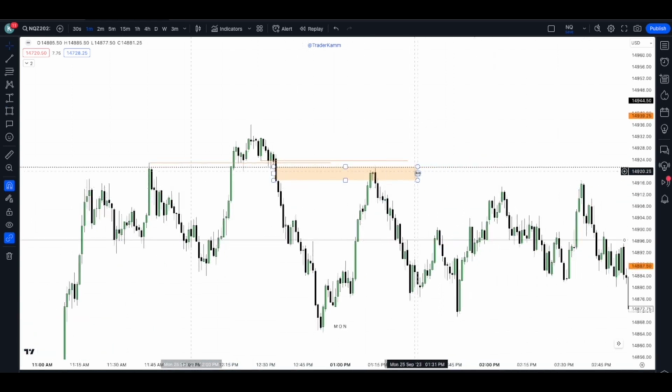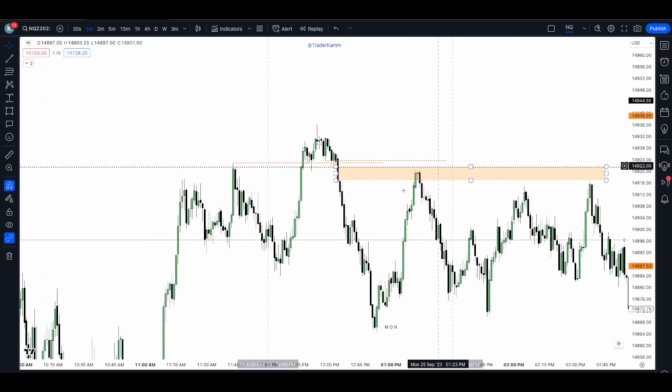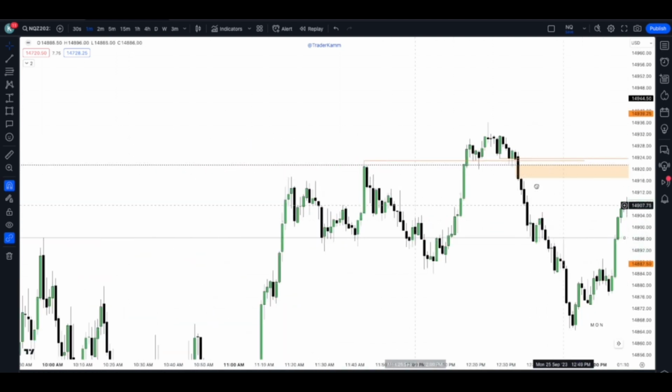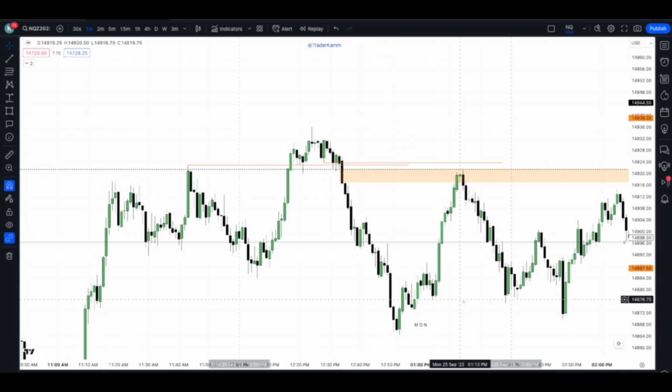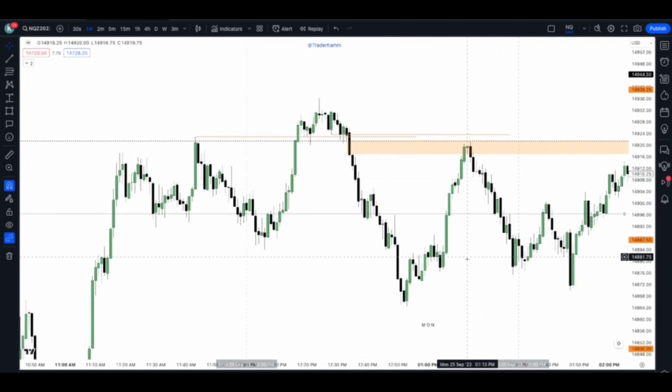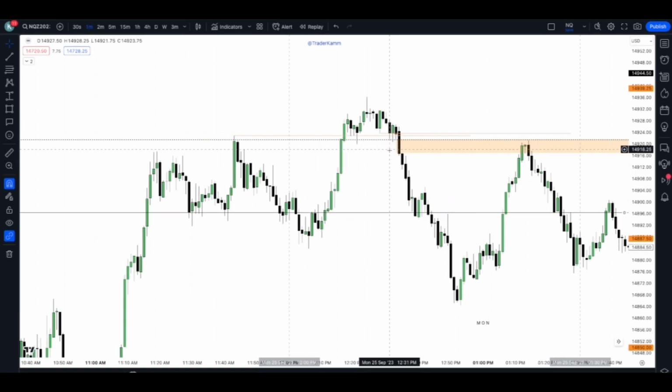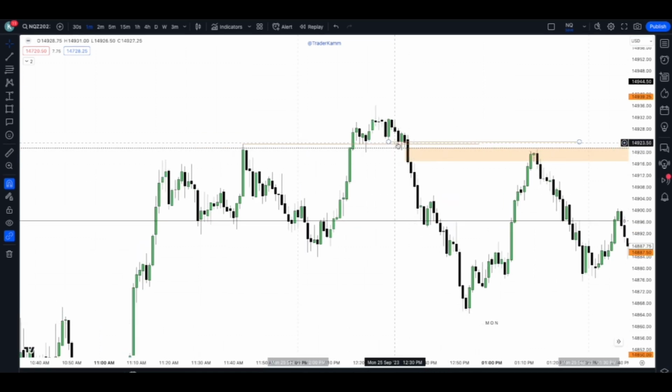So I'm going to mark that out, draw it out. So now that we have our signature, it is in a premium. We're looking to go short. So now we can anticipate price to come back up to here. Okay, so you can see we have this. Okay, so with this market structure shift here,